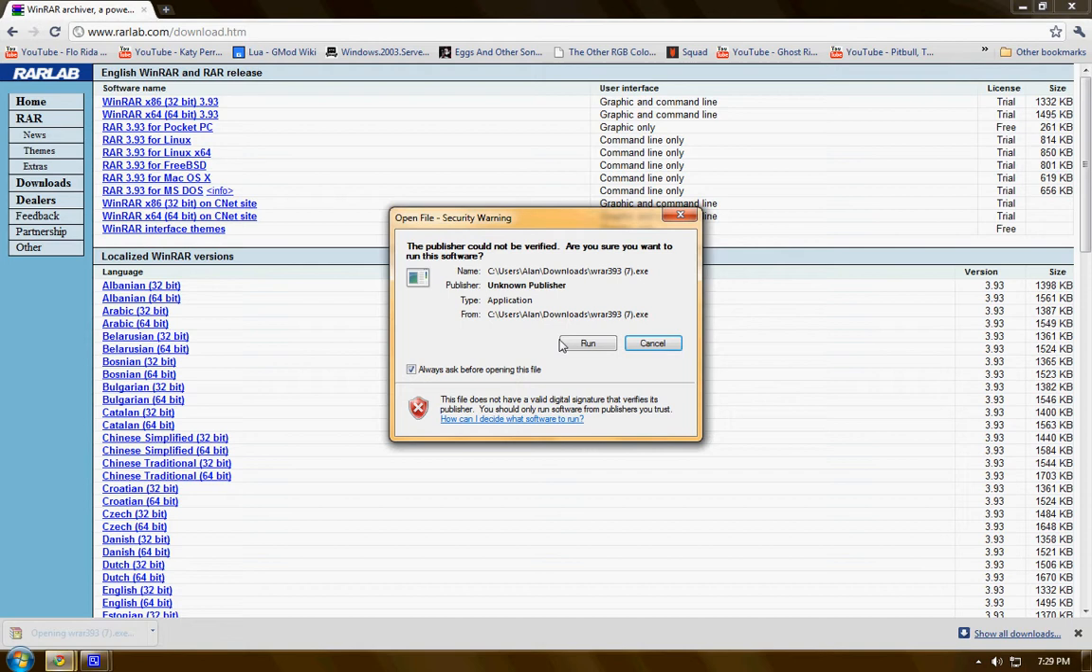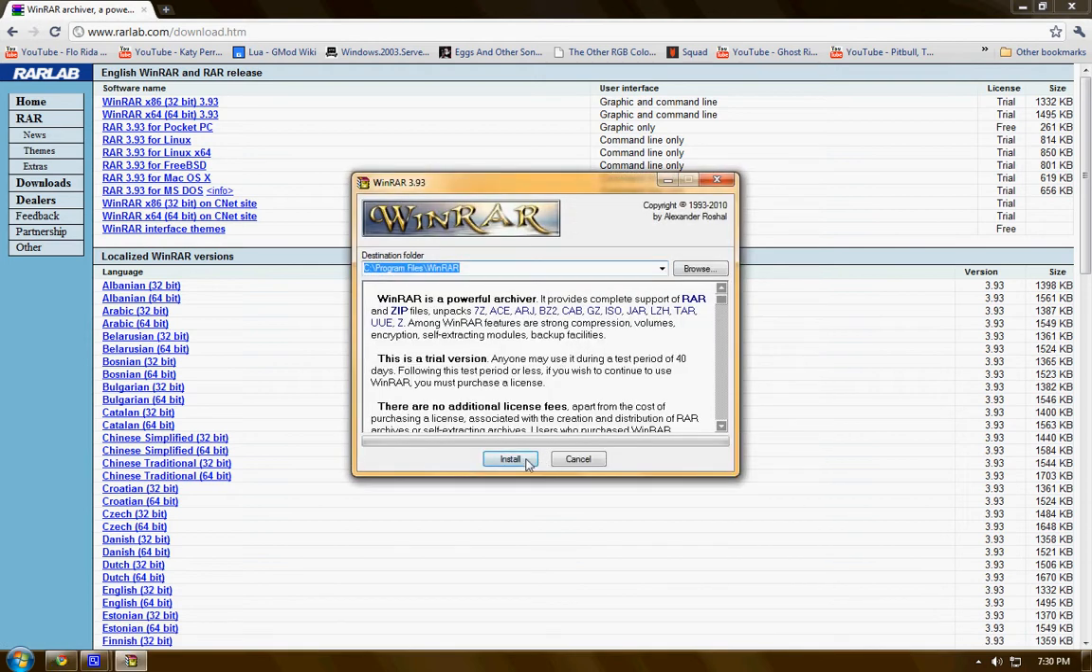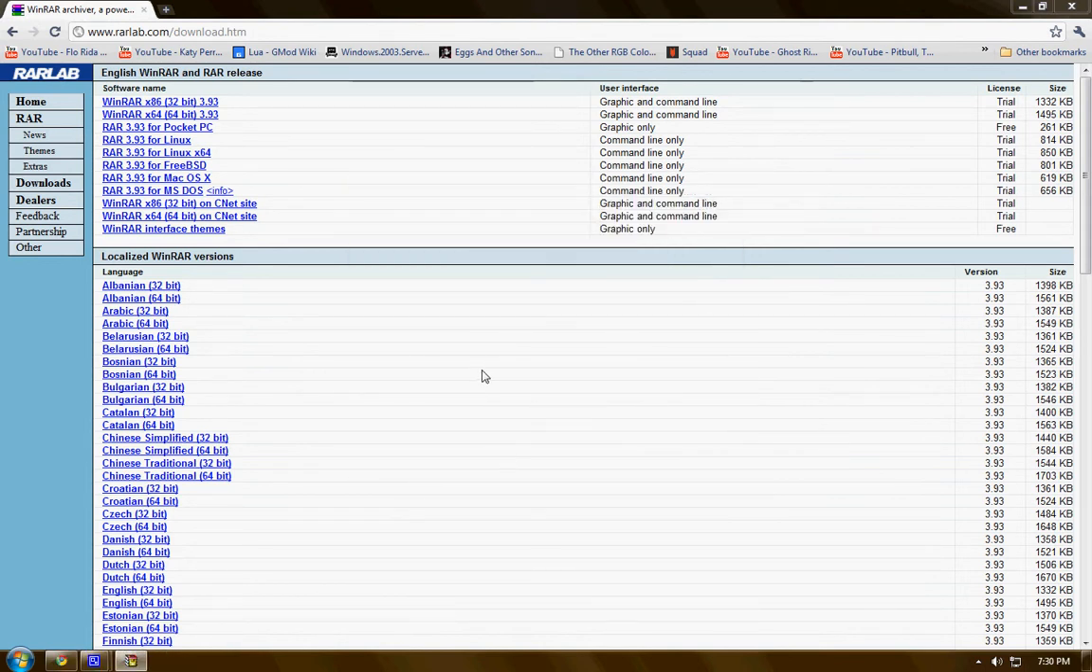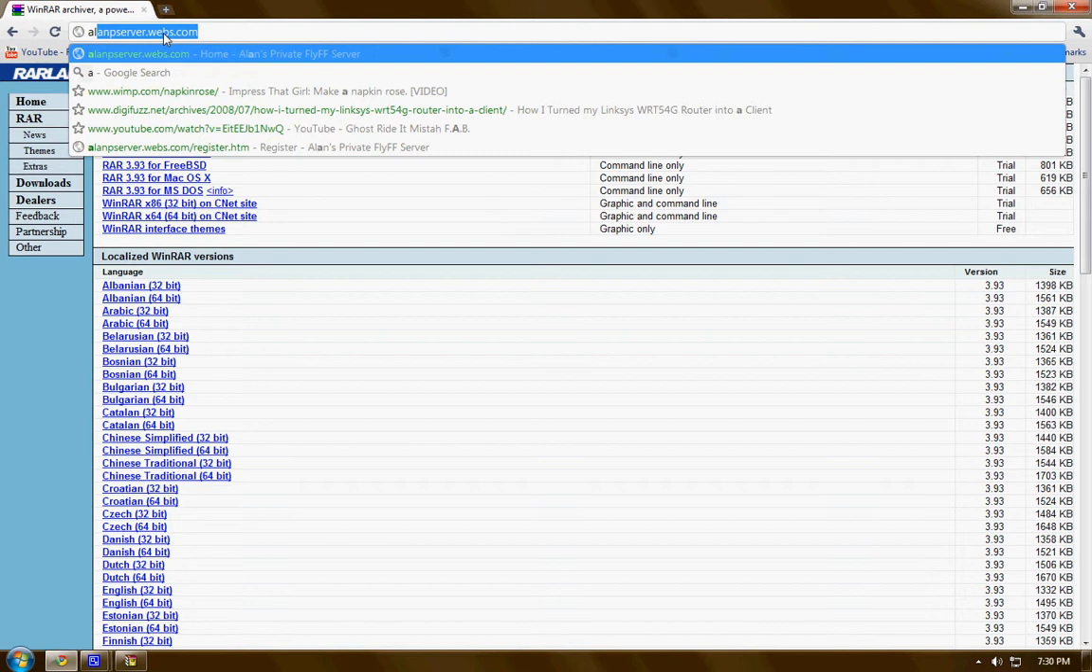Save, install, run, install. It'll ask you what you want to associate the files with and your shell integration. This is just asking, do you want it to open up these kinds of file types, and how integrated with your computer do you want it to be? I just leave it at default, and actually I added a couple of things like ISO, but that's for other things. Just click OK, and now you have WinRAR installed. Anyways, after you've installed it, you go back to my private server website,